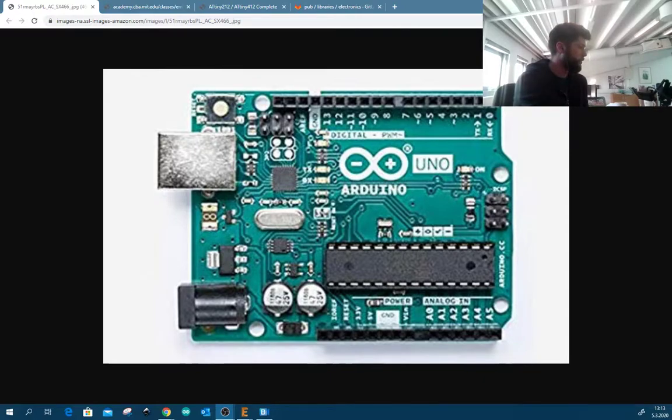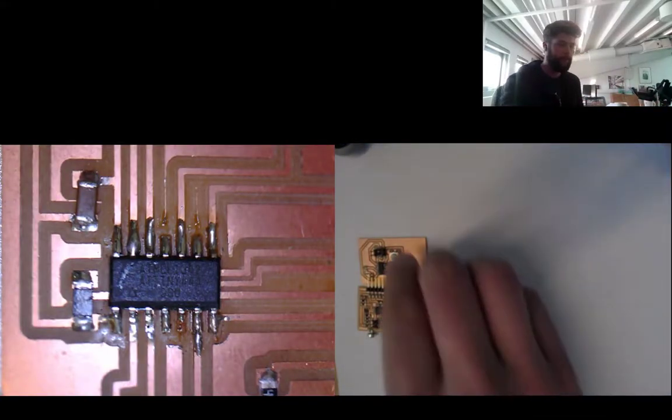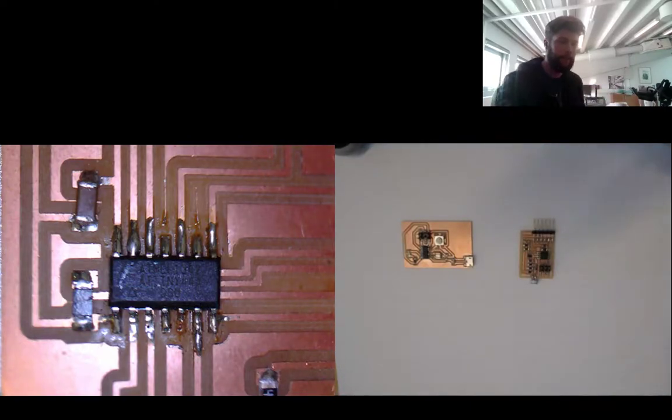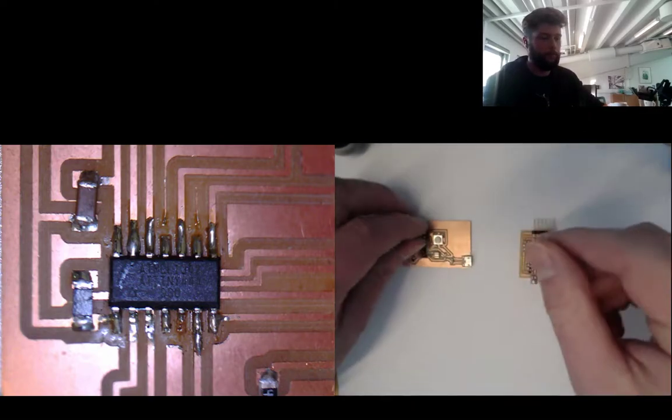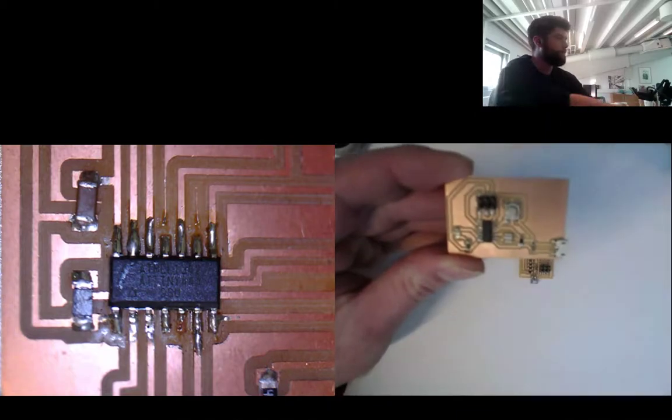Now, before I go into the design part of this, I wanted to show you a few examples of Hello World boards that have been made in the past. So here we have a very, very basic Hello World board. It consists of, let's see,